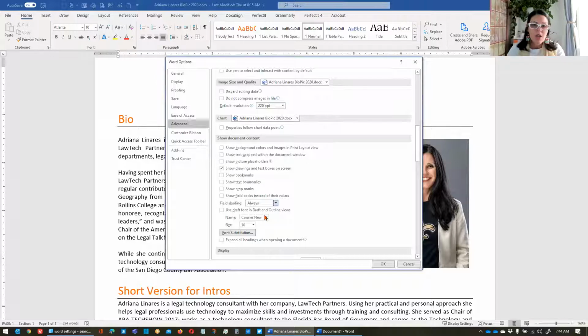The last setting that we're going to talk about in here, and remember there are hundreds, so I encourage you to go through all of these settings, is having to do with track changes and sending documents out. So I'll tell you a really quick story about my early years as a legal technology trainer. I was 26 years old, I think. I got hired at one of the largest law firms in Florida. I didn't know anything. I still feel like I don't know anything.